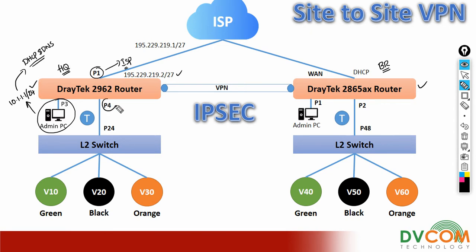And port number 4 is connected to port number 24 on my layer 2 switch, and we configured it as a trunk port. In my layer 2 switch we configured VLAN 10, VLAN 20 and VLAN 30. So all this VLAN information is going to be carried through port number 24 to port number 4. Here my DrayTek router is going to act as the gateway for VLAN 10, 20 and 30. For this I have tagged these three VLANs on my port number 4, and I have assigned the IP address